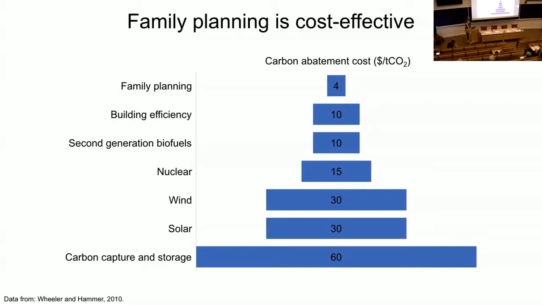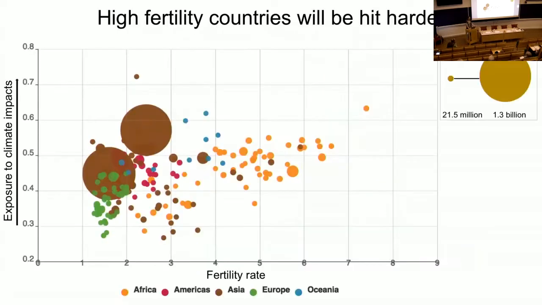So far we've talked about population in terms of reducing future emissions, but how could slowing population growth help us adapt to the current climate impacts and also prepare for future climate impacts? Well, quite a bit actually, because there is a trend that high fertility countries will be hit harder by climate